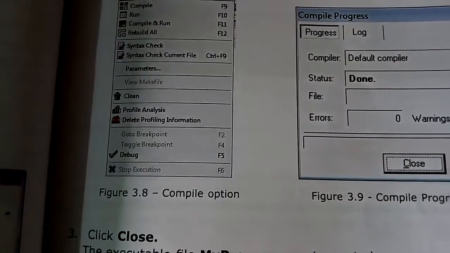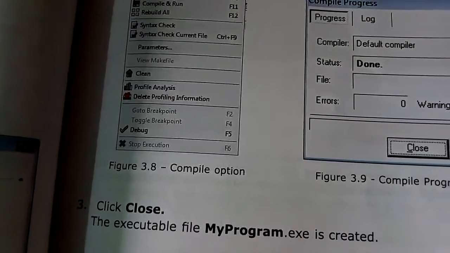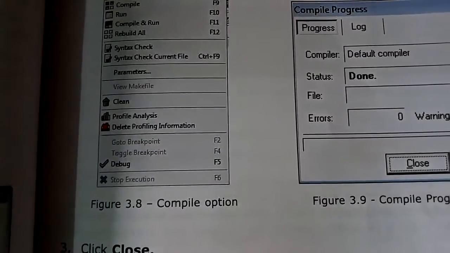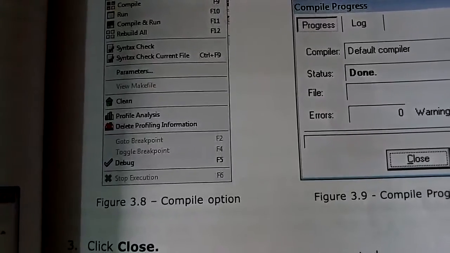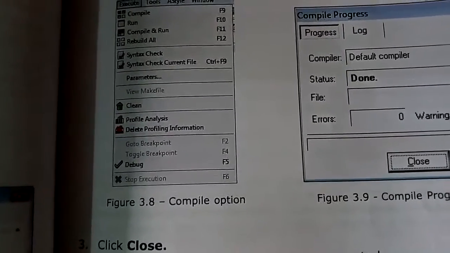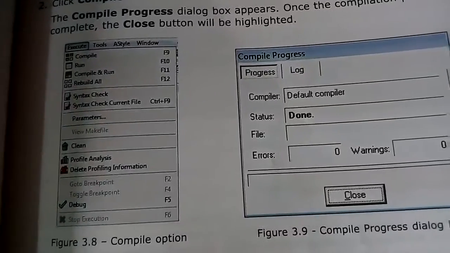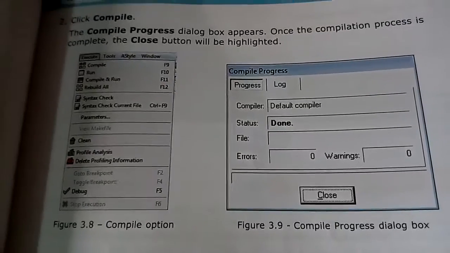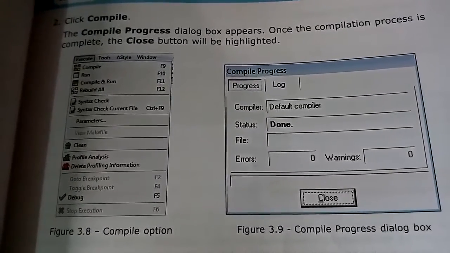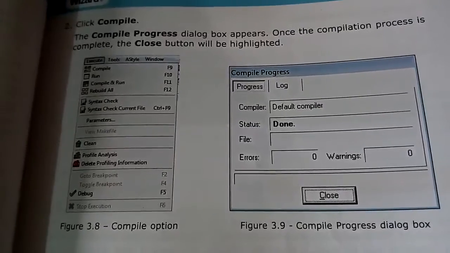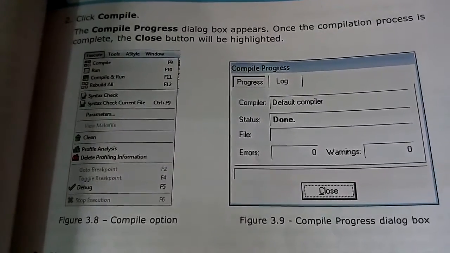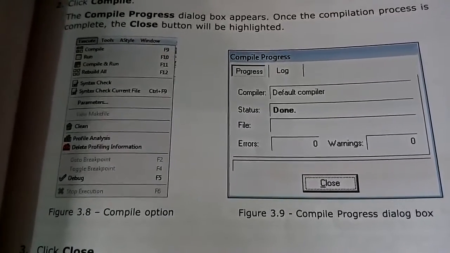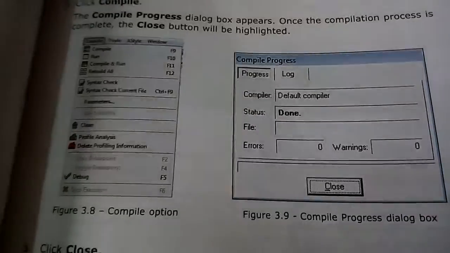Like first you have to click on the Turbo C++ window, then click on the compile option from the menu bar. Then you can see, if there is no error, then it will show you success, and if there is an error, then it will show you the errors. So if there is no error, it will show success, and then you have to click on the OK button. So this is the way how you compile in C++. Anyone you can write, okay, for this question.